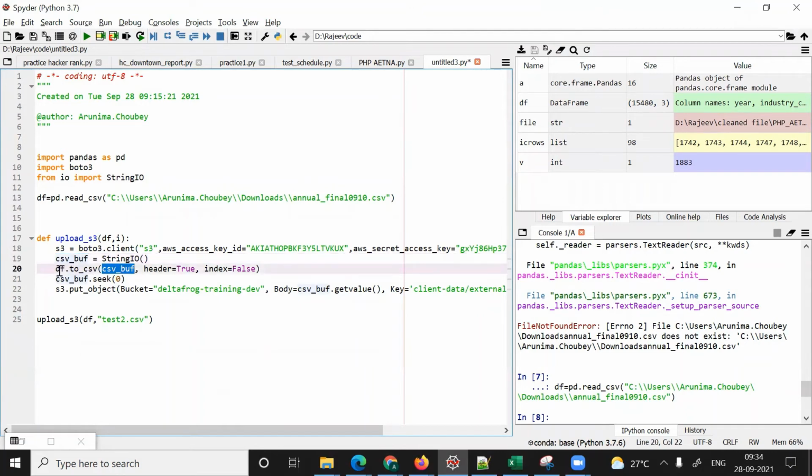We know that to save a data frame to your hard disk or local drive, you give the path. But I don't want to keep this data somewhere locally, so I have kept it in memory. So df.to_csv into csv_buffer, a variable. In memory we are keeping the whole data frame, and then from this data frame I'm starting from offset 0.